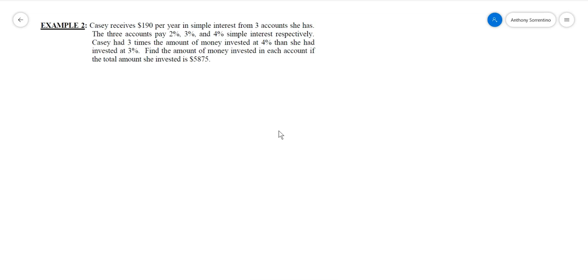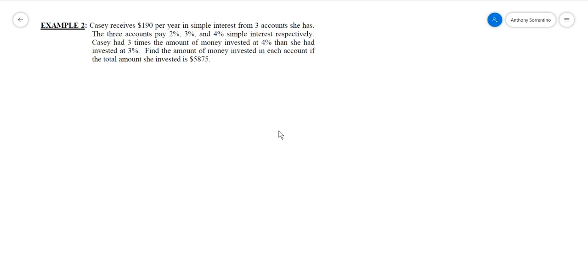So the first part, let's go read the problem here. Casey receives $190 per year in simple interest from 3 accounts she has. So we're not going with exponential or compounded interest. We're just doing simple interest. The 3 accounts pay 2%, 3%, and 4% simple interest respectively. Casey had 3 times the amount of money invested at 4% than she invested at 3%. Find the amount of money invested in each account if the total amount she invested is